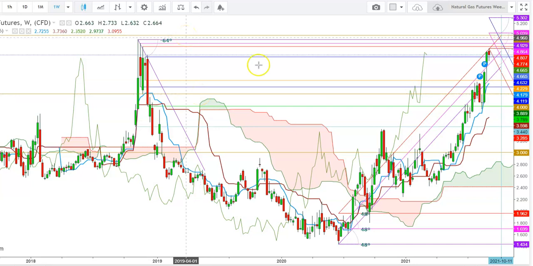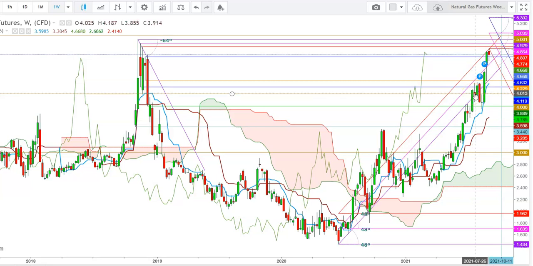the level of $5. So friends, here you can see how the natural gas futures started the current uptrend from April from the level of $2.528. And since then, we have seen a sharp uptrend in natural gas futures, and the natural gas futures found a breakout above the first psychological resistance at $3 in May 2021. And since then, this uptrend continued, and finally, after facing stiff resistance at the next psychological resistance at $4, natural